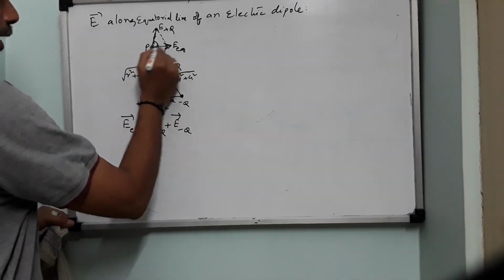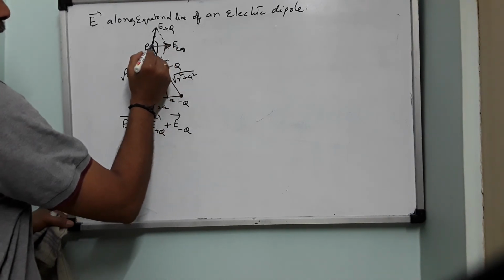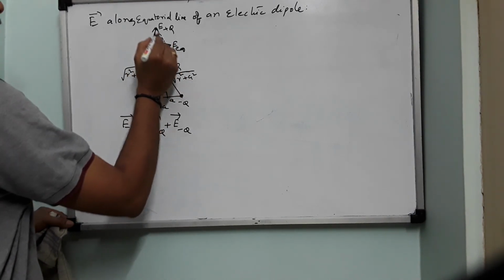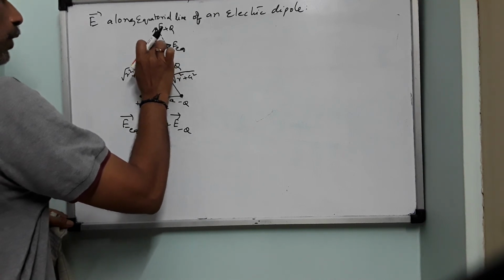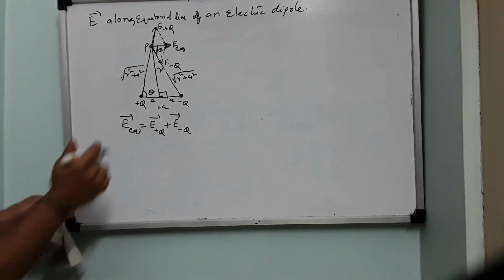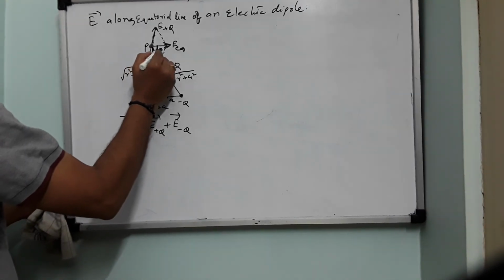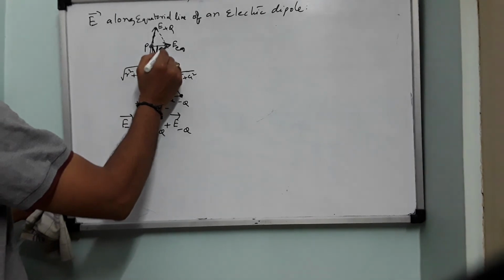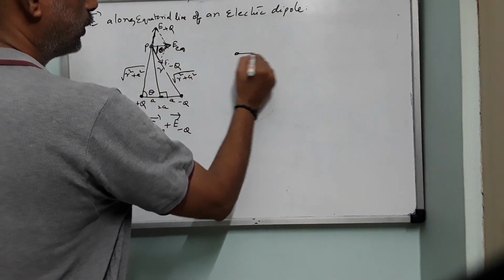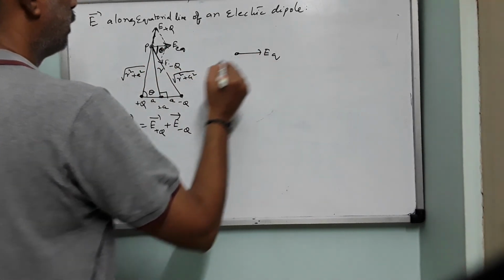This and this are parallel. You are continuing this with this line only, so this will become theta. So the total angle will become 2 theta. I consider only this angle, this angle will be theta. Now E equatorial can be resolved. So this is your E equatorial and this angle